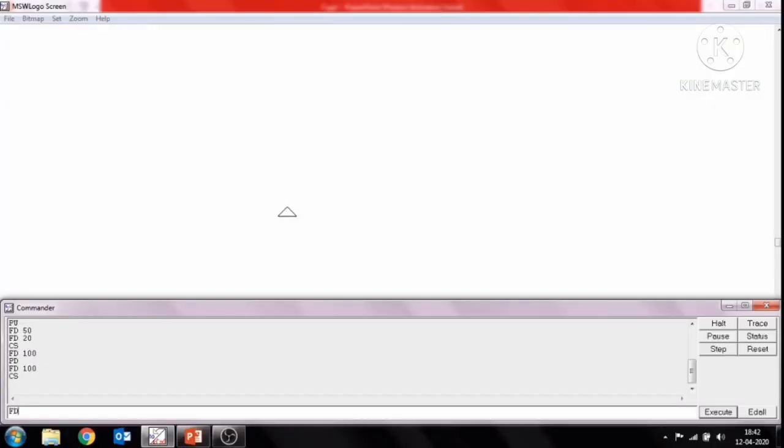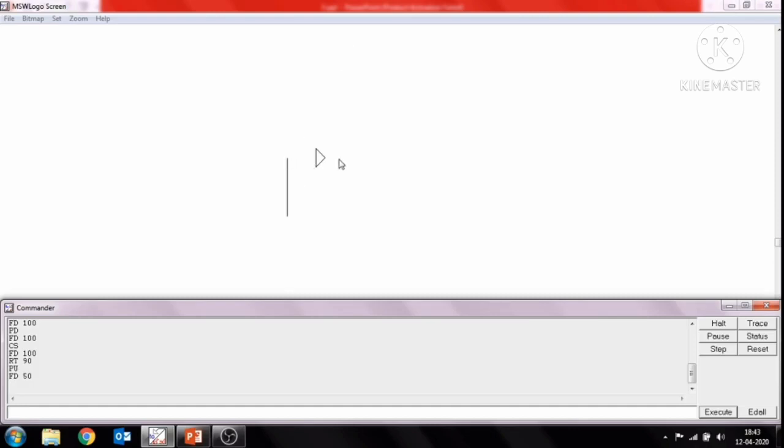Look at the example. Here I typed FD 100. So a line is drawn. Then RT 90 degree. So it turned to the right direction. Then again give PU. Then give forward 50.